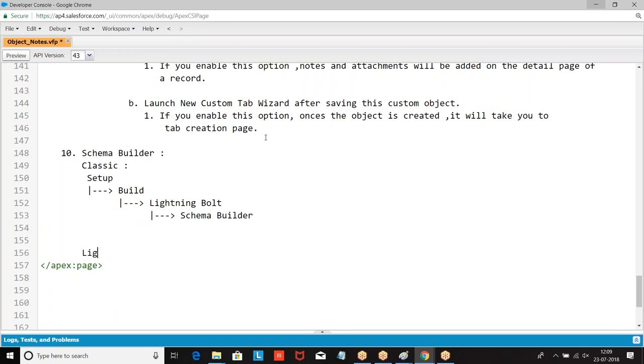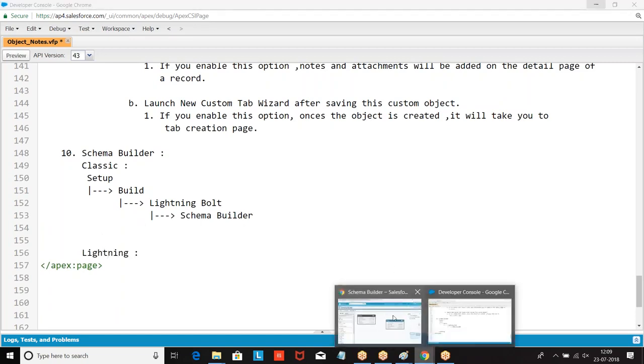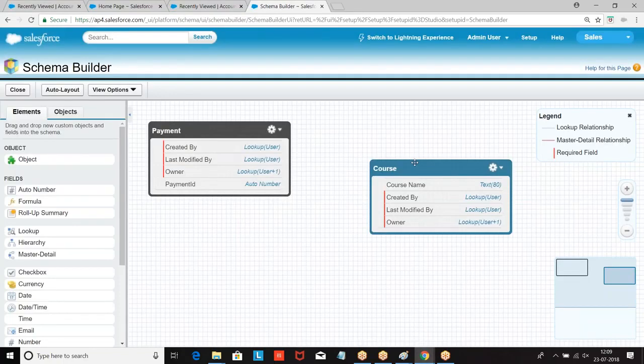In the Lightning, what is the navigation? Now, version to version slight changes will be there. Okay. So what is the Lightning?